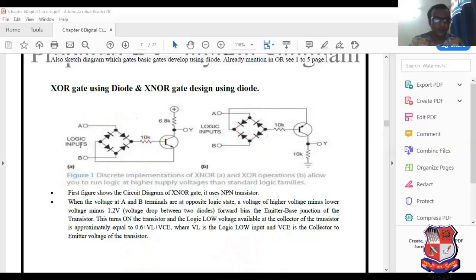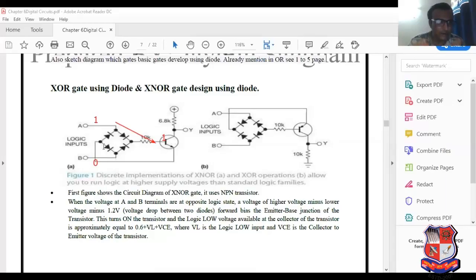Now I will explain the other two cases. If here input is 1 and here input is 0. Now see, these are two different cases. Here 1, so the diode acts as forward bias. So current can flow like that. See this, current can flow like that. And here also we can get 1. But here 0 volt. So the diode acts as an open circuit.